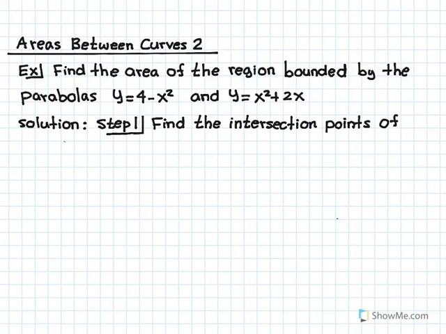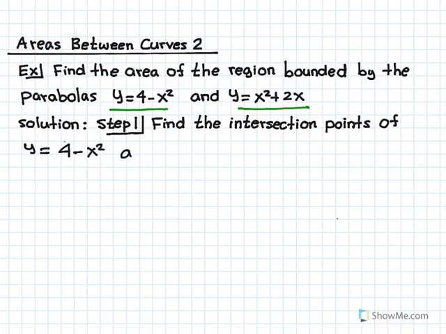In this video, we're going to look at another application of areas between curves. The question here is: find the area of the region bounded by the parabolas y equals 4 minus x squared and y equals x squared plus 2x. Step 1. Find the intersection point of y equals 4 minus x squared